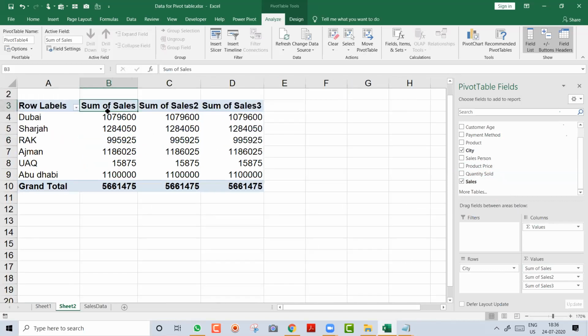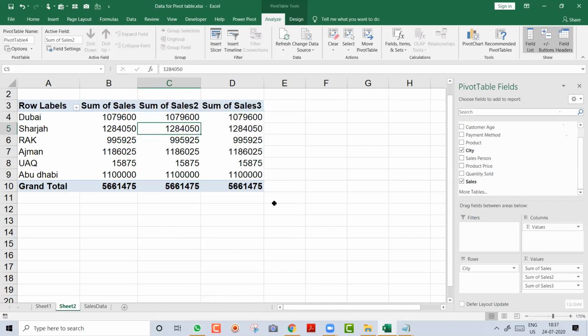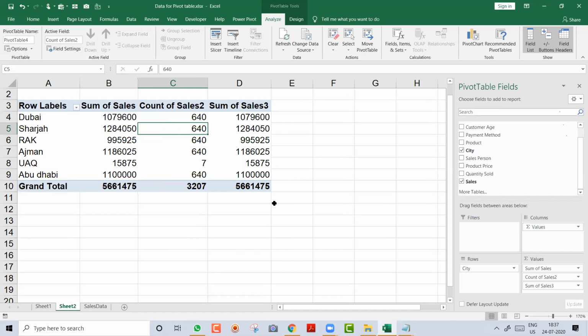Okay, first column sum, which is right. But this second, I don't want sum. I want a count. So I will right click, I will go to Summarize Values By and there is an option Count. So I request you to take a quick photo of this or you can practice or remember, whatever you wish. So you will right click, Summarize Values By and you will click on Count. When I click on Count, it will give me count. So now you will ask, Ramzan, what is this count?